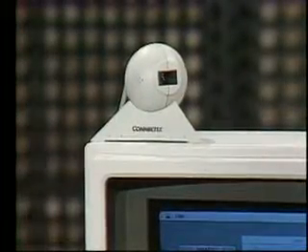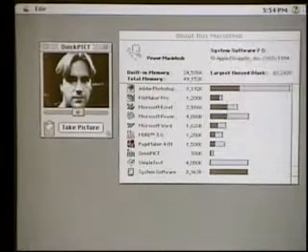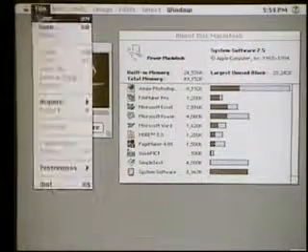Okay, Roy, you have your little QuickCam up there now. Sure. And what's the point of that? The point is to show why you would want so much memory on a computer. And the advantage of having this much memory on a computer is you can do a lot of things without getting in and out of applications. So for example, I just took my picture using the QuickCam. Now I can just simply go into Adobe Photoshop, which is already open, create a new document,